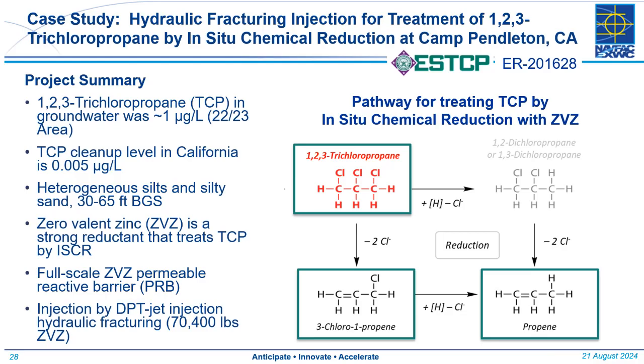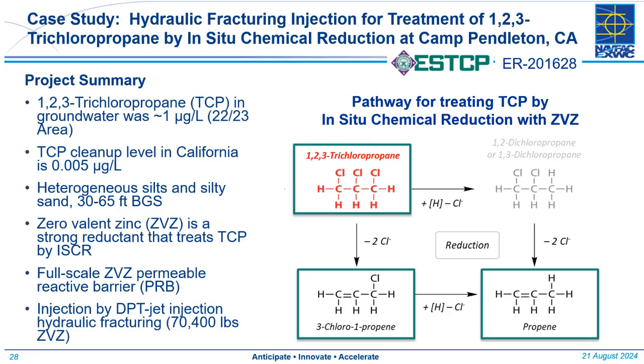The objective is to get all the way down to propene, an innocuous end product. For this project, in the end, a full-scale zero-valent zinc PRB, permeable reactive barrier, was installed by direct push jet injection hydraulic fracturing. This is hydraulic fracturing performed with a direct push rig, and it injected over 70,000 pounds of zero-valent